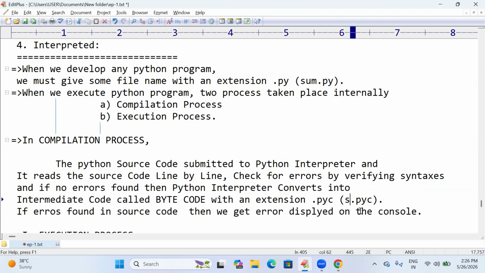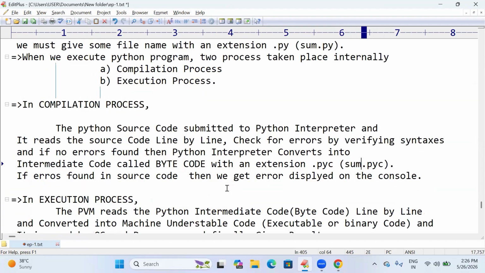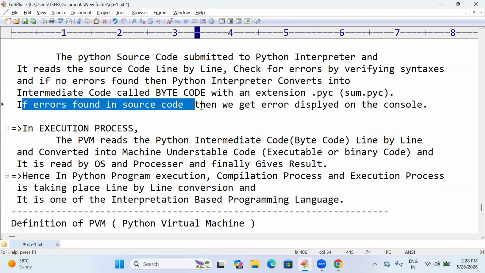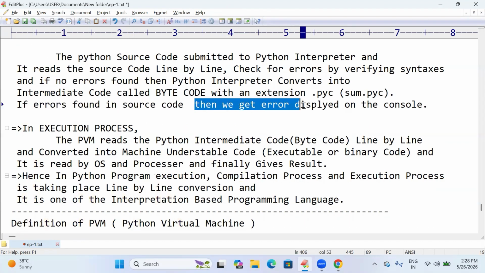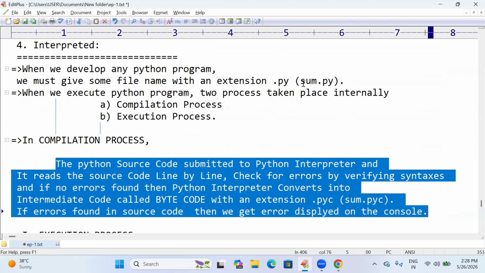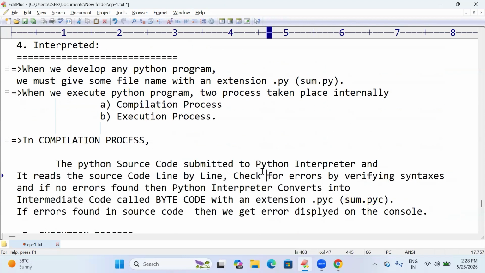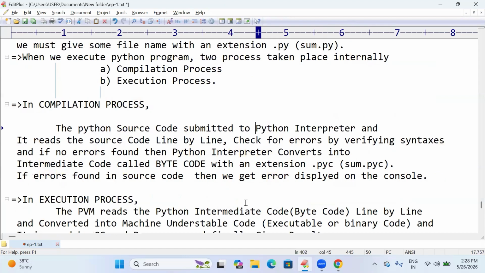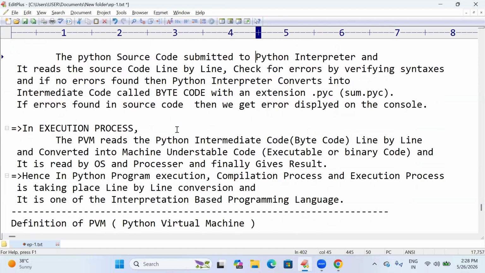Here our file name is sum.pyc. If errors are found in the source code, then we get the error displayed on the console or the monitor. What this paragraph says is, in sum.py, if we get an error, it shows on the monitor, or if there are no errors, sum.py is converted into sum.pyc by using the Python interpreter. So this is the compilation process.